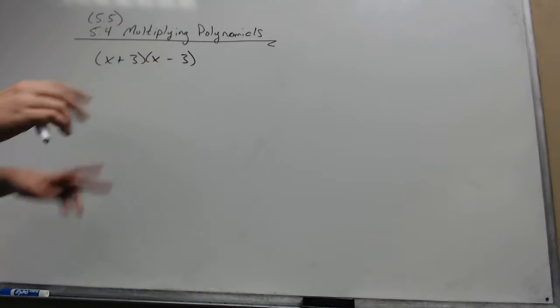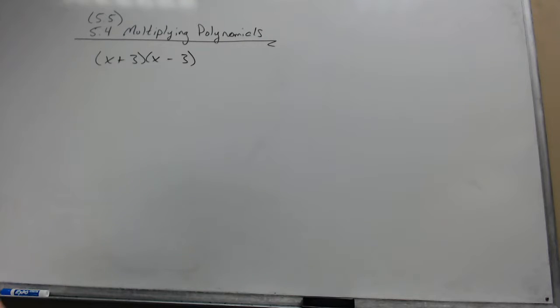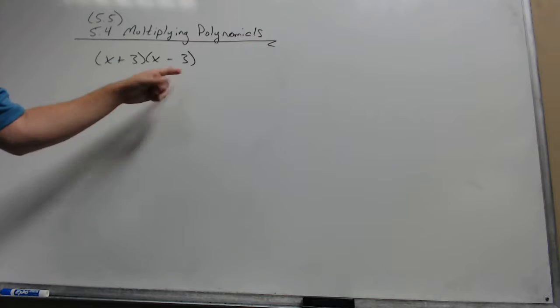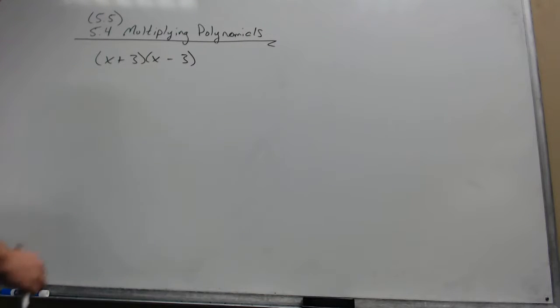right, this is considered a special type of multiplication, right? But that doesn't mean you do anything differently. This is a binomial times a binomial. Your brain should immediately say, I'm going to FOIL this together. So,